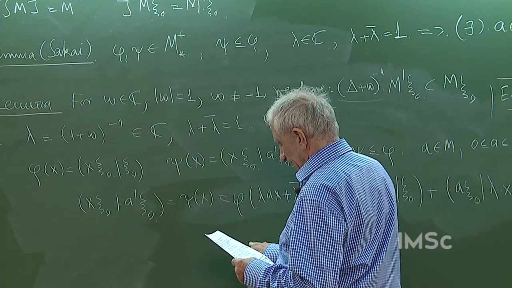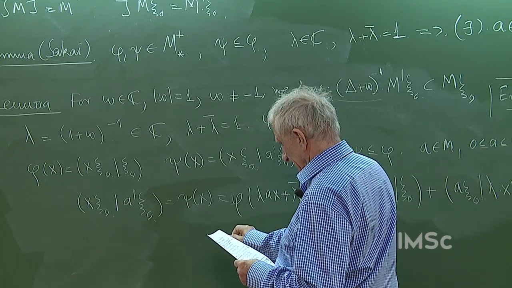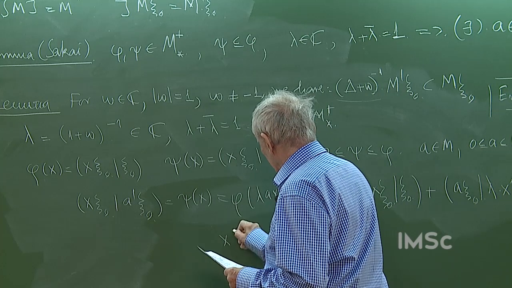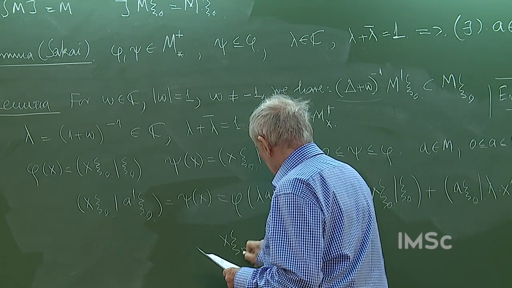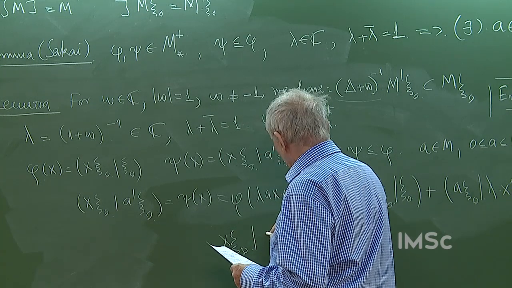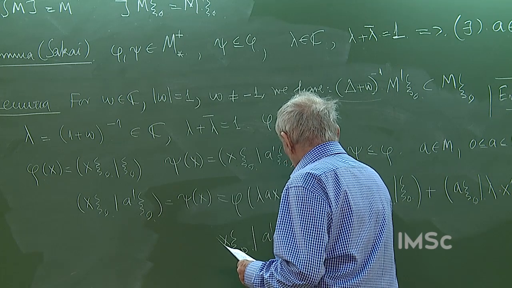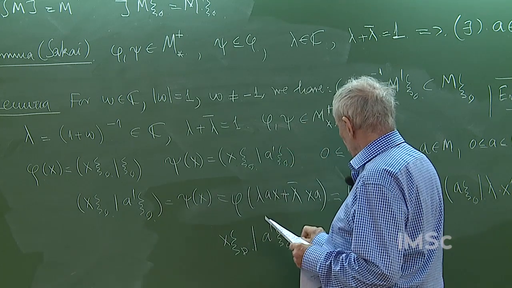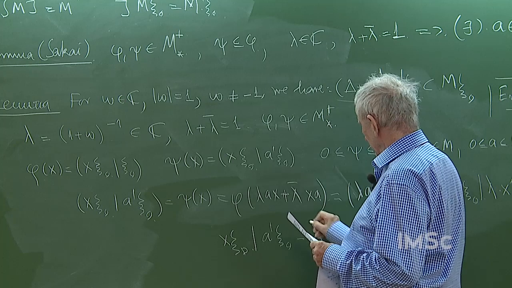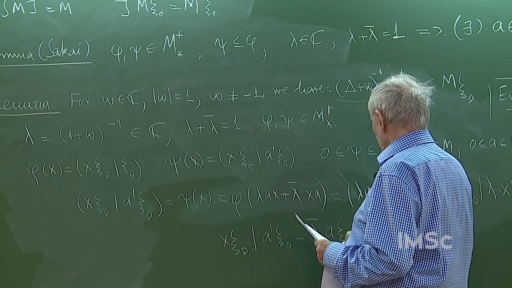That means the following thing. Let me write it here. It means that x psi naught times A prime psi naught minus lambda bar A psi naught,